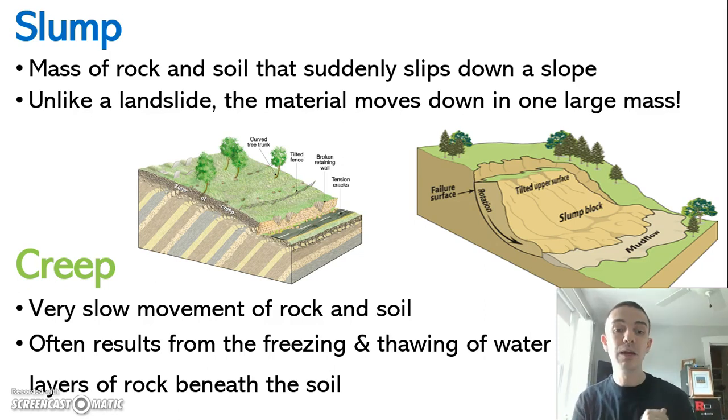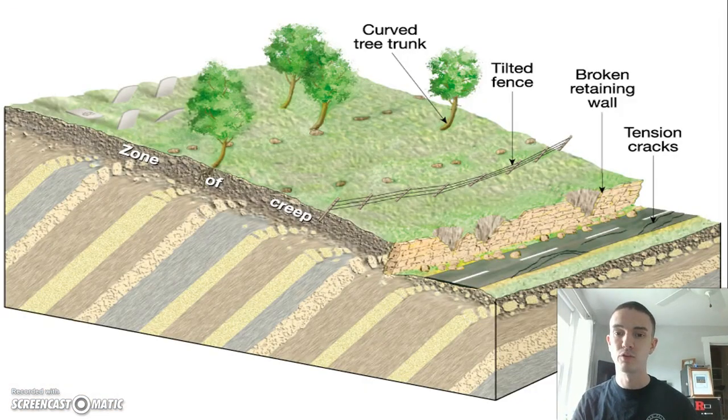Okay, and then creep is the very slow movement of rock and soil. All right, this often results from the freezing and thawing of water. So I know in mechanical weathering we did talk about ice wedging, or you'll sometimes hear me refer to it as freeze thaw, or freezing and thawing. And this is based on the lower levels of soil and rock underneath the maybe not as cold layers of rock and soil above it. So creep is very, very, very, very slow. You only really see the causes or the effects of creep after a couple of years at a time,